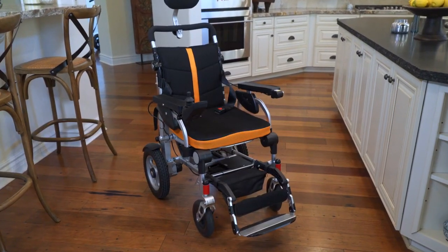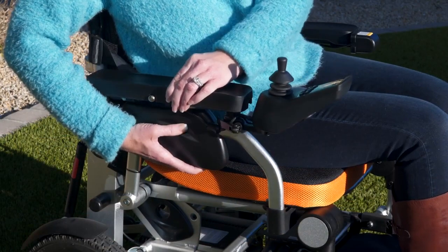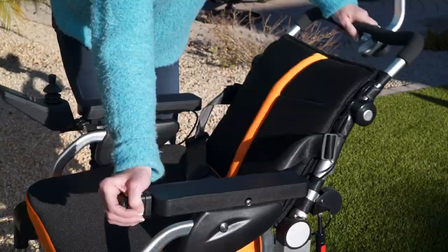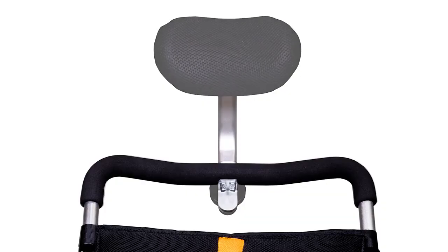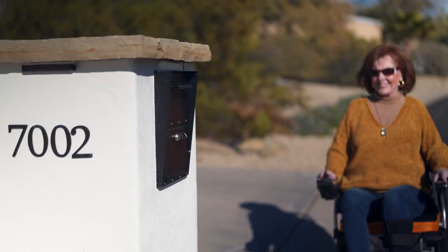Comfort is king when it comes to the EW-M49, and this versatile wheelchair comes equipped with dual adjustable folding armrests and a reclining backrest. The adjustable headrest is easy to set or remove, and front shock absorbers allow for a much smoother ride when